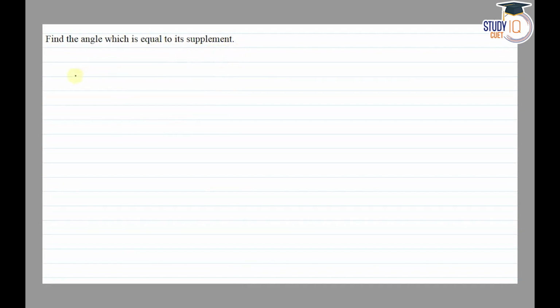to each other. So we will assume the required angle is equal to x degrees. We have to find the angle which is equal to its supplement, means x plus x is equal